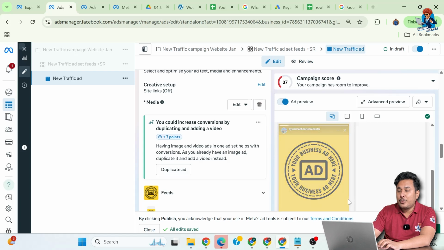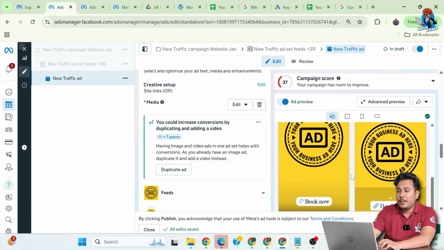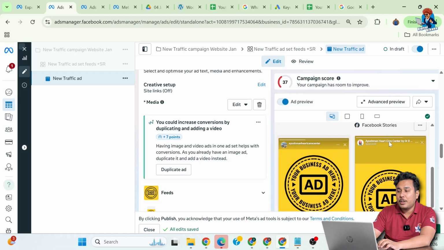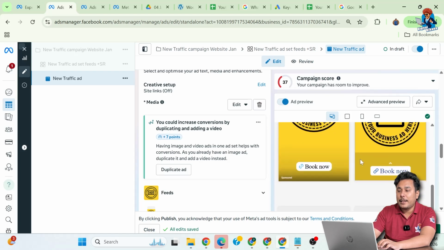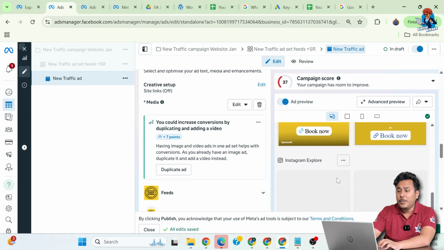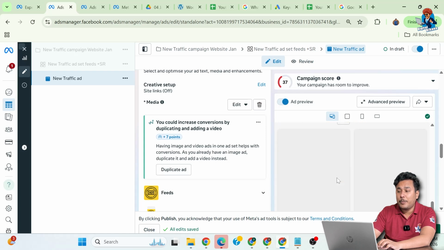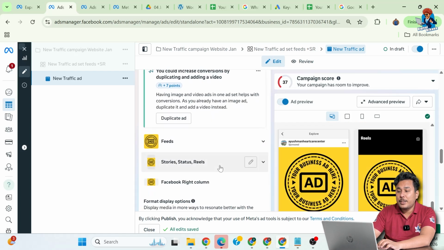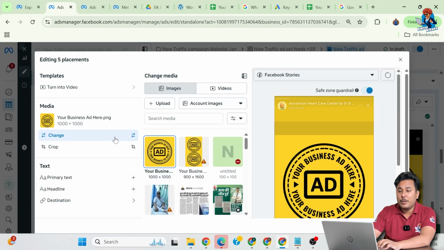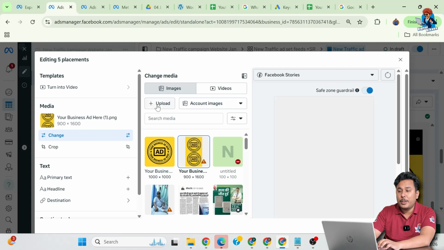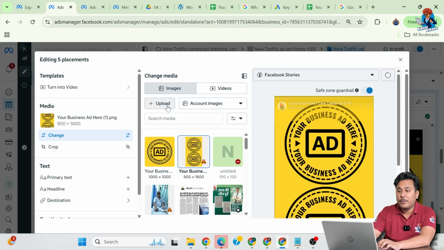But in Instagram stories and reels, as you can see, our ad creative is not showing very well, because it supports a 9:16 banner, and we have uploaded a 1:1 square banner. So at the top and the bottom, you can see black lines coming, because the ad creative is not the appropriate size. So change the ad creative of stories, status and reels to the 9:16 portrait banner that I have already uploaded. You can upload a portrait banner of your business by clicking on upload and selecting it from the system,